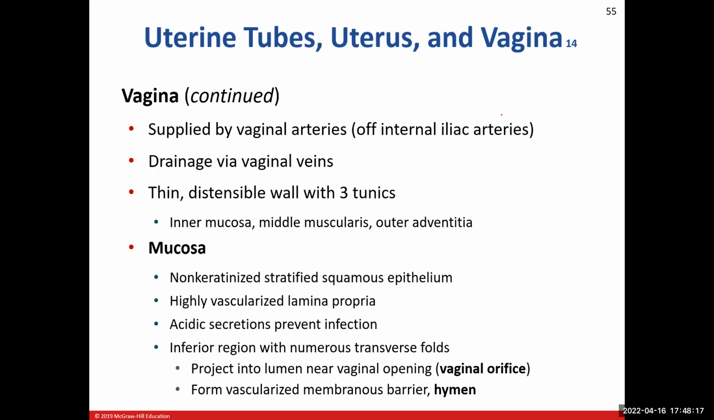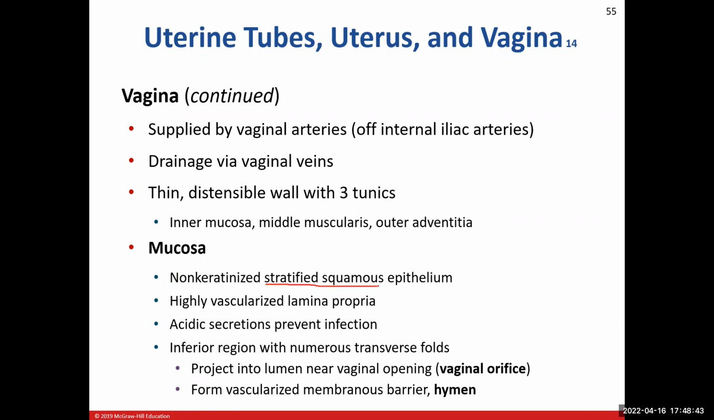And so the vagina is supplied by the vaginal arteries, and then, easy to remember, it is going to be drained by the vaginal veins there. And so it too has 3 tunics, right? The innermost layer is the mucosal layer, the middle layer, again, muscularis, and the outer layer is not a serosa, but an adventitia. So now the mucosal layer, the innermost layer, is made up of non-keratinized, but notice it's stratified